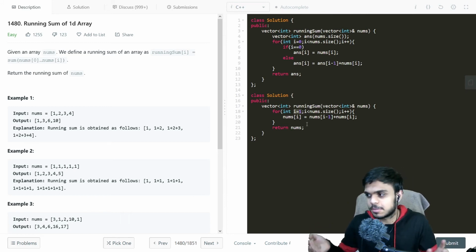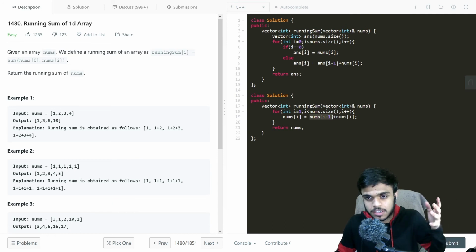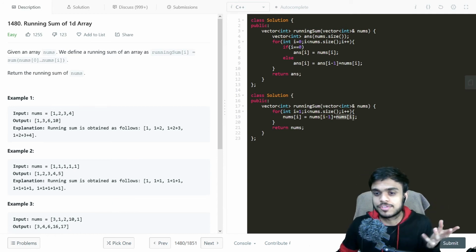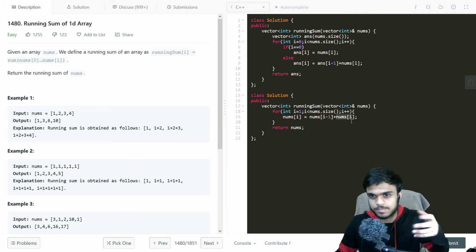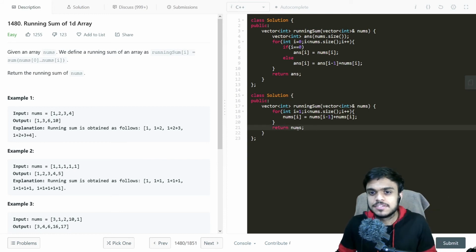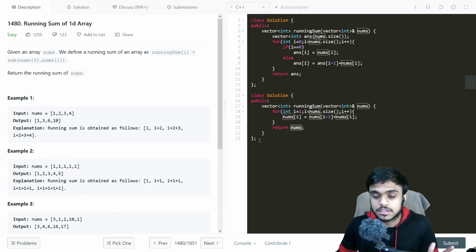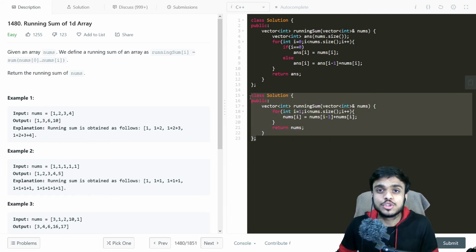There are no previous elements for the first index, right? So we do i equal to 1, and nums of i equals nums of i minus 1, because we have calculated earlier values, plus the current value, and then we return nums, that is the vector. One important thing is that you need to be allowed to modify in place. If that is not allowed, you cannot go with this approach.